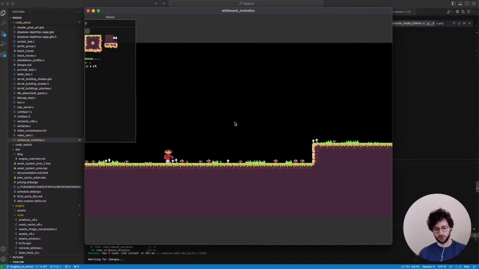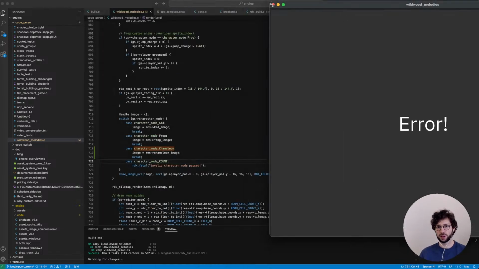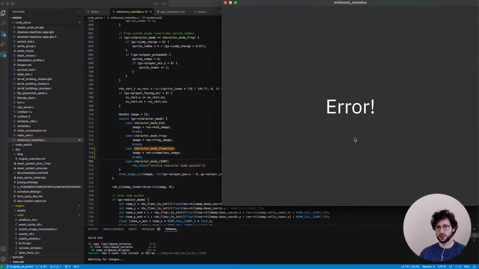So what was the shortcut? I think the function keys. So yeah, I can switch to frog, and can I switch to the chameleon? No, error. Oh, that was an experiment I was doing. Could I recover from errors during